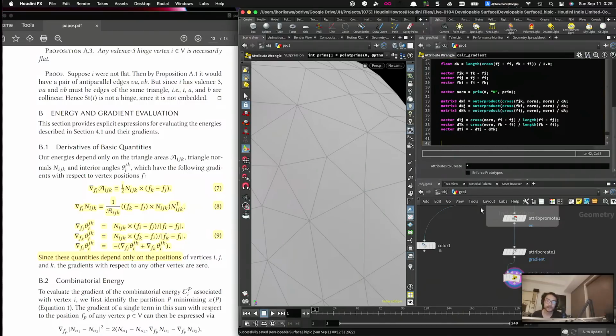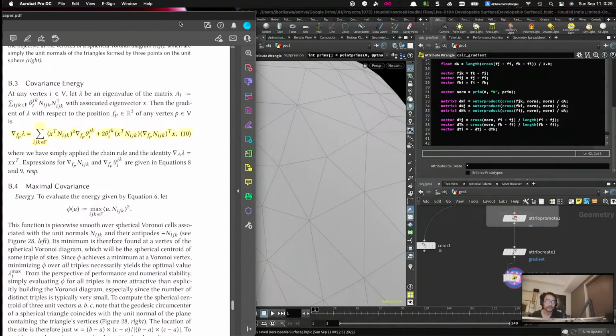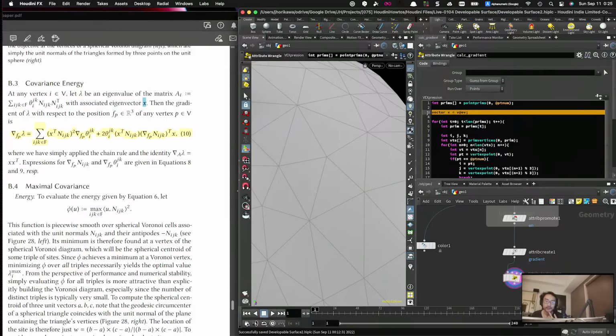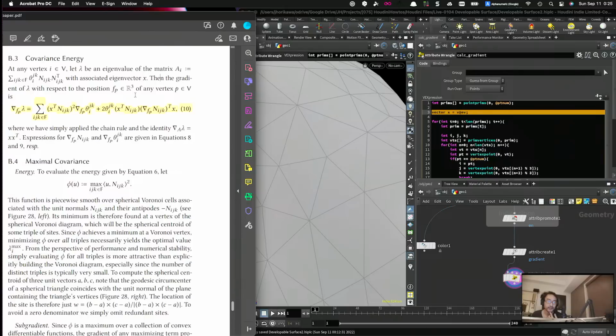Now I think you have enough information to go for the actual gradient. These are the preparation, and this is the actual equation that you want to solve in order to get the actual gradient. At any vertex I on V, let lambda be the eigenvalue of the matrix alpha ai with associated eigenvector x, and we're going to use this x, which we got here. Then the gradient of lambda with respect to the position fp of any vertex p is this. So this is the final gradient value,